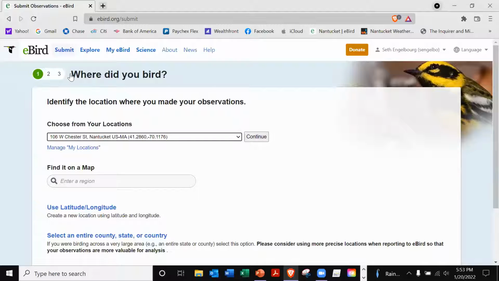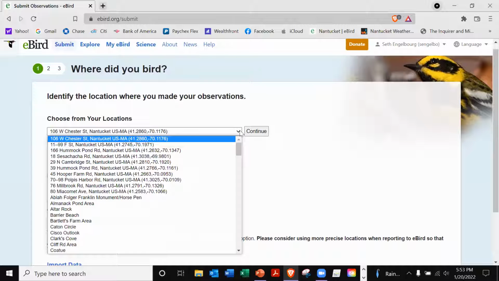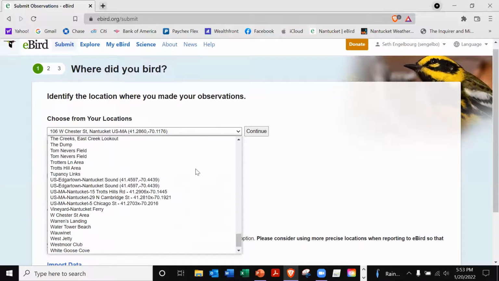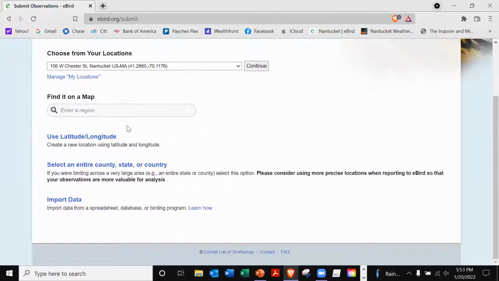So when you go to submit to eBird, the first question is, where did you bird? And you have options. If it's a place that you've been to before, you can choose from your locations. These are all the places I've ever recorded a checklist at. Some of the places I record checklists at quite frequently. You can also find it on a map. So I could say